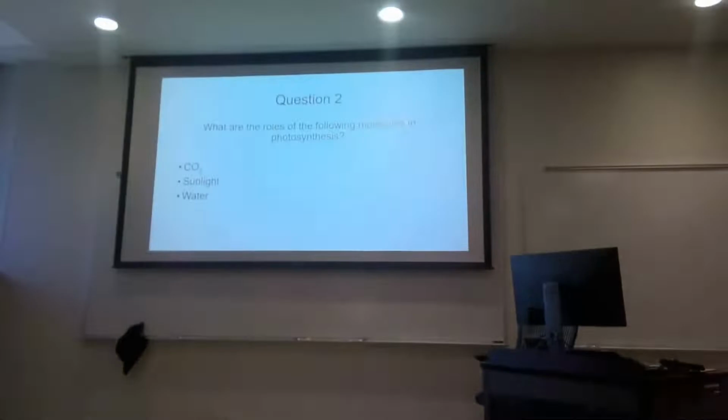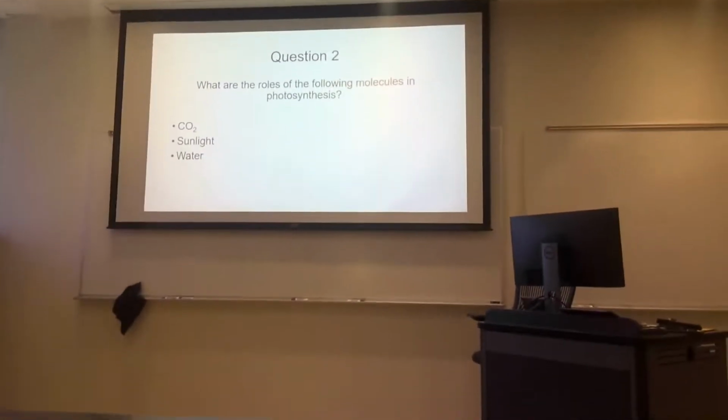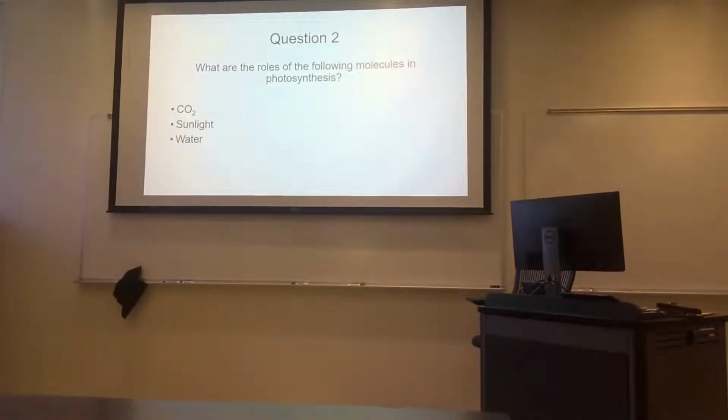The CO2 is the source of carbon, the sunlight is the source of the energy in the photons, and then the water splits up to put out oxygen and add in hydrogen components. What else does the water do? The most important thing that you need to run photosynthesis. So you said it gives you oxygen and it gives you protons. There's something missing. When you split water, you get oxygen, protons, and